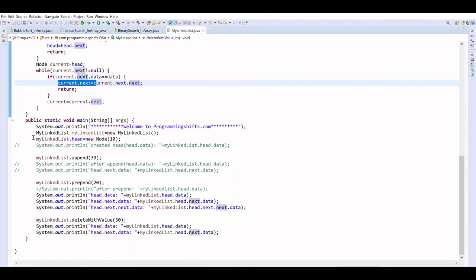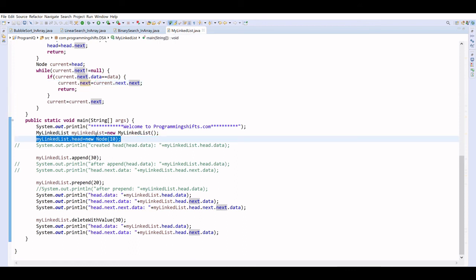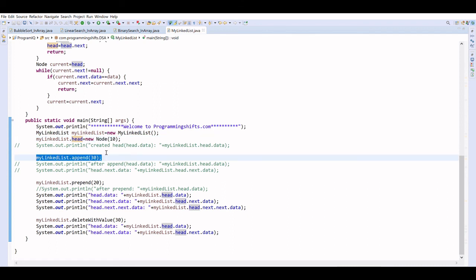We are going to create the head first, right? If the data is not present at the node, then it will add a head. So I am going to create a head equal to new node. In the linked list, the first value we are going to take as a node, and the node will be appended as 30, right?